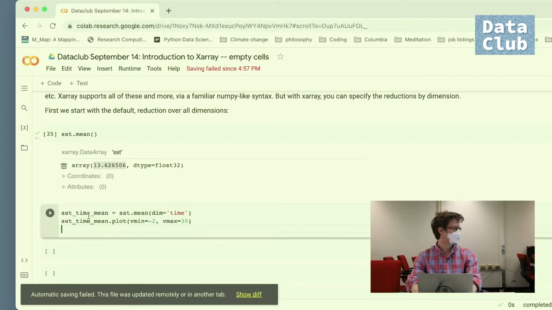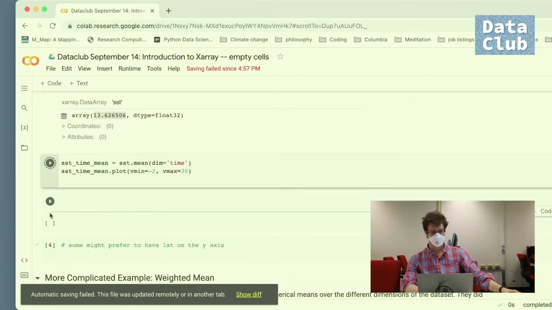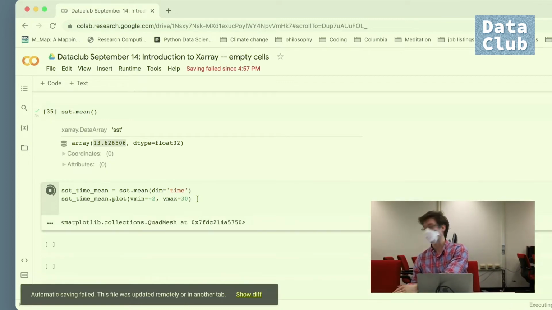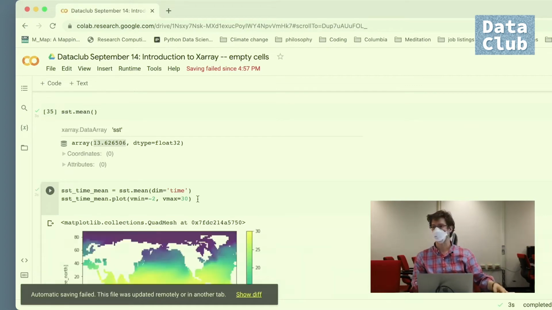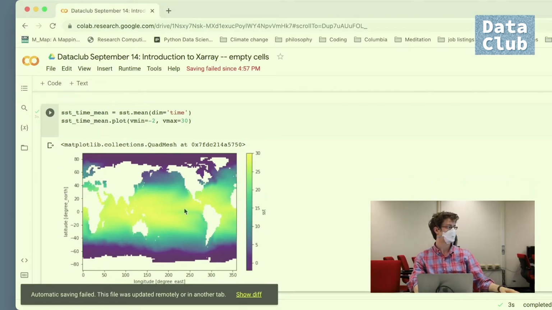This is the fun part of science, trying to figure out what is going to happen when we look at this. From -2 to 30. That's basically because we just want our color bar to saturate at both ends. If we said -100 to 100, the color scale wouldn't be very informative because we'd be looking at a very narrow range of it. The -2 to 30 is because this is in Celsius and sea surface temperature doesn't get above 30